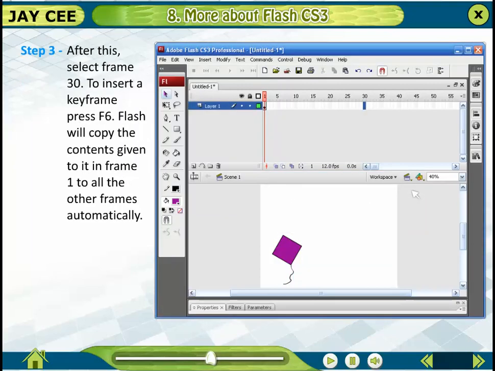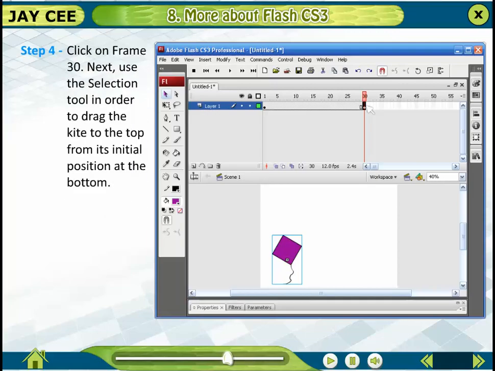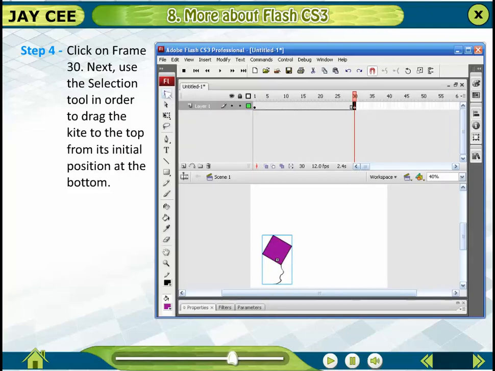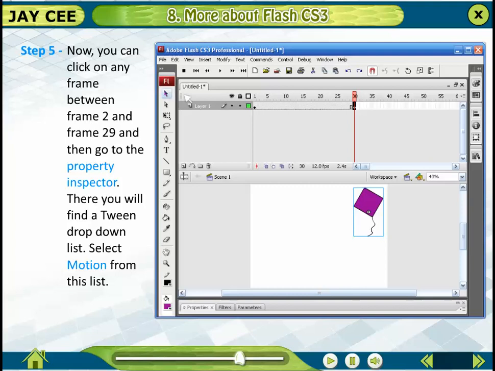Step 3. After this, select frame 30. To insert a keyframe, press F6. Flash will copy the contents given to it in frame 1 to all the other frames automatically. Step 4. Click on frame 30. Next, use the selection tool in order to drag the kite to the top from its initial position at the bottom. Step 5. Now you can click on any frame between frame 2 and frame 29 and then go to